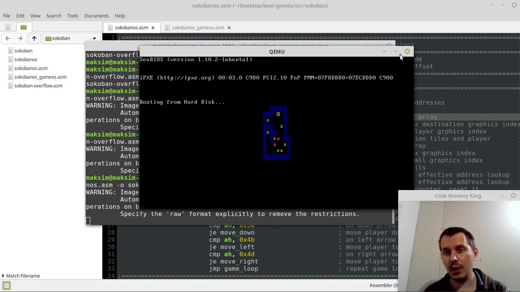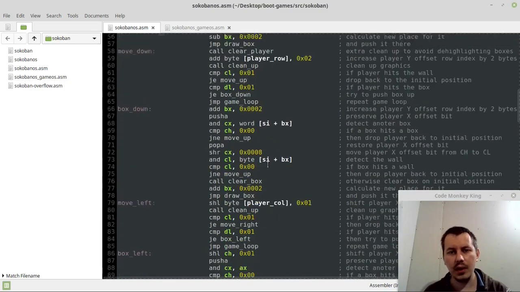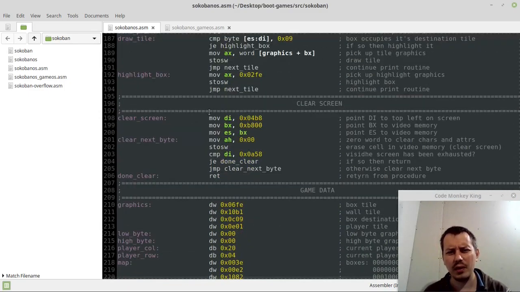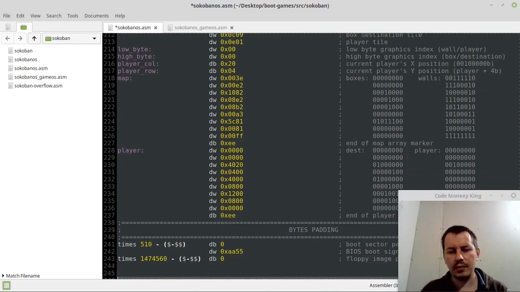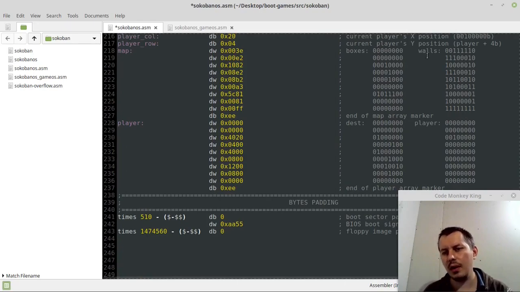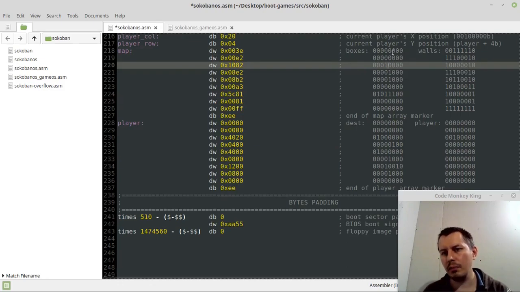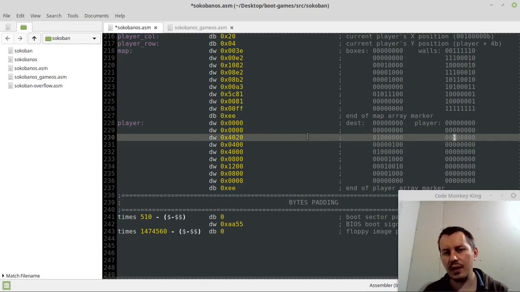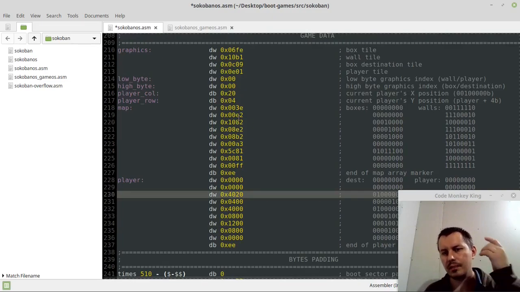So this was the very first boot sector game I've developed in my life. And well, let's quickly walk through the source code. I'm not going to be covering the entire thing, just the very general ideas on the design. So here is how it works. Eventually we have four boards: four boxes, four walls, four destination squares, the places where to push the boxes, and for the player, only a single bit. And now the way it is encoded, a single word holds a